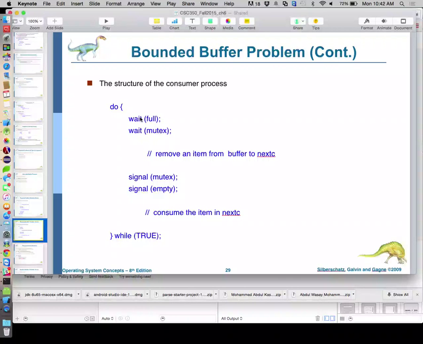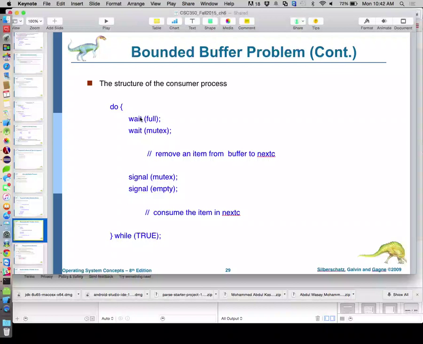So notice we have the single semaphore, mutex, that is controlling access to the buffers in general by both the producers, the people filling the buffers, and the consumers, the people retrieving from the buffers. We're only going to let one person in there at a time. Whether that person's a producer or a consumer, they're competing for that same resource. They're just using the resource differently.